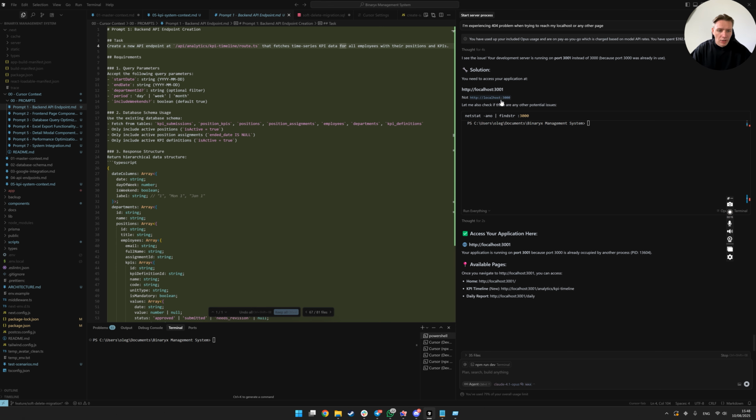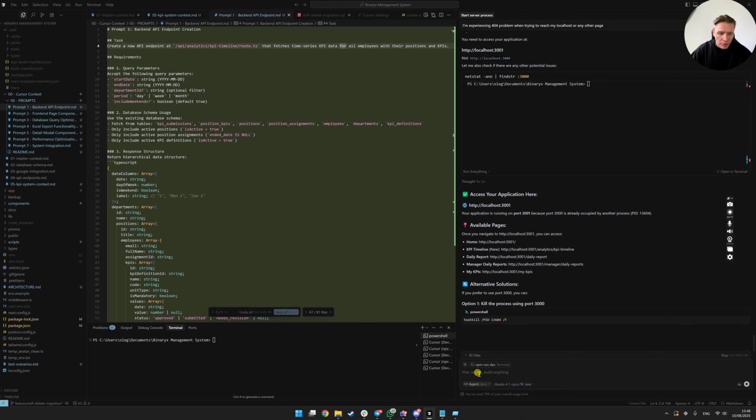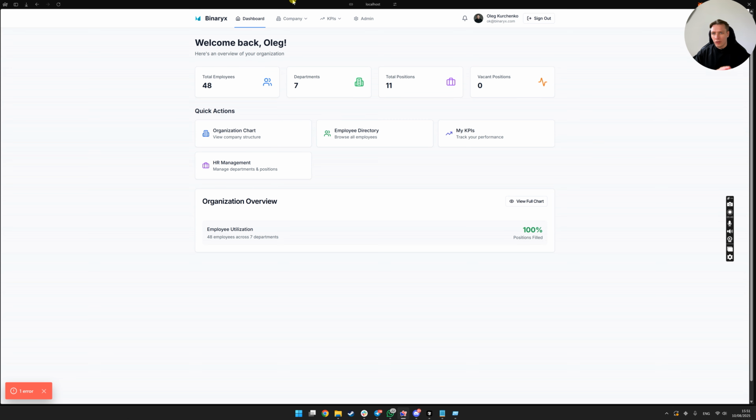Okay, so he used another port to access the application. Okay, right now AI finished development of the features that we made. So we go directly to our website and check if everything is working properly. And we see that the website is working well, and here we have new information, the new page, the KPI timeline that we just created.